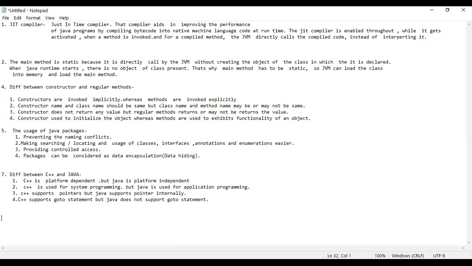Sorry, sir, come again. Yes. What did you say? Please come again. What is the difference between static class loading and dynamic class loading? Sir,